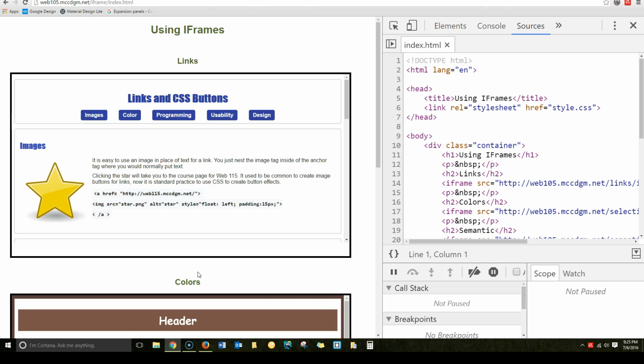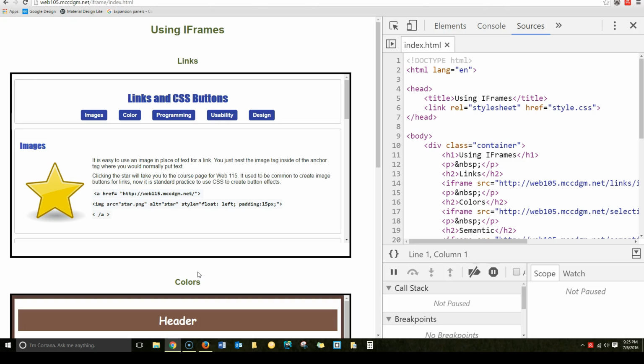An iframe is what you do when you are embedding a map from Google Maps, or if you're embedding a video from YouTube, and you go in and you copy and insert the code, and we'll do that in a later exercise. They're actually really easy to use, and you're going to create a page that embeds pages of other